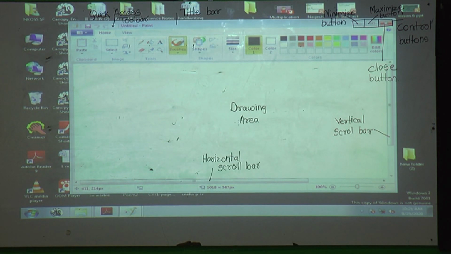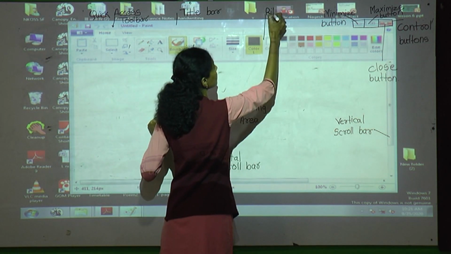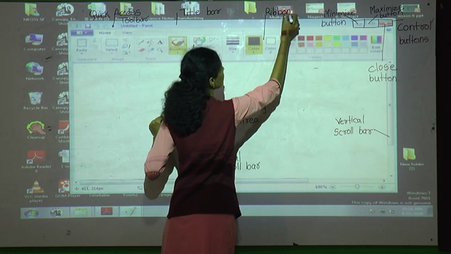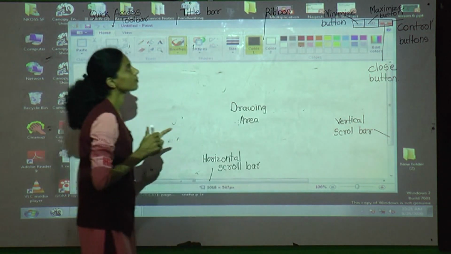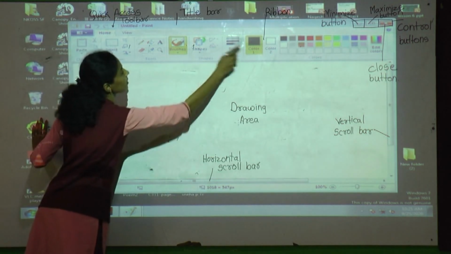Now how to open the Paint window? Click on the start button, all programs, accessories, and Paint. The Paint window has these parts: title bar, ribbon, which we have not written here, and this full area is called the ribbon.